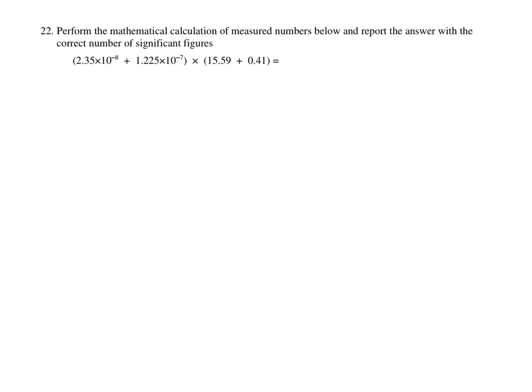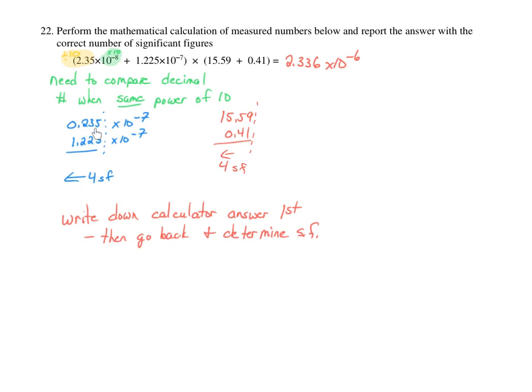For this problem, what I suggest is that you first get a calculator answer, then you go back and worry about sig figs. Alright, so we want to convert to the less negative power of 10. So to do that, we multiply this side of the number by 10, and we divide this part of the number by 10. So 2.35 times 10 to the minus 8 is equivalent to